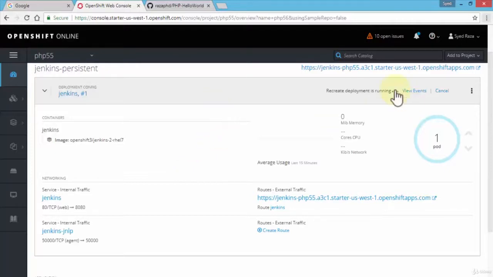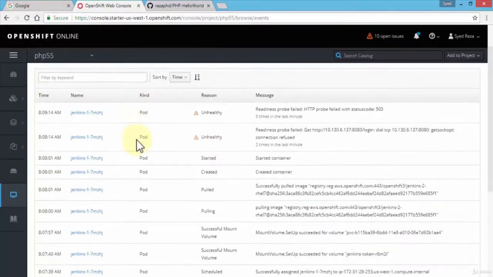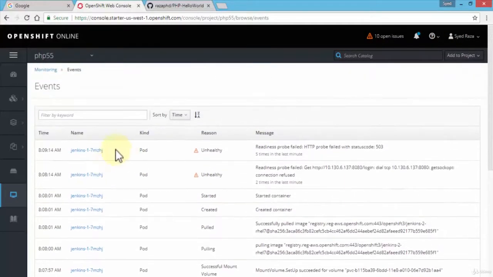Now while it's actually processing and running, we can take a look at events. And this is kind of nice, gives you a nice idea of what's actually happening. So let's click on view events. It's going to give you a list of all of the events that are happening. And the top two, of course, are the readiness probe, right? And we've done this before. So by default, OpenShift needs to run these health checks, or you can specify to run these health checks as